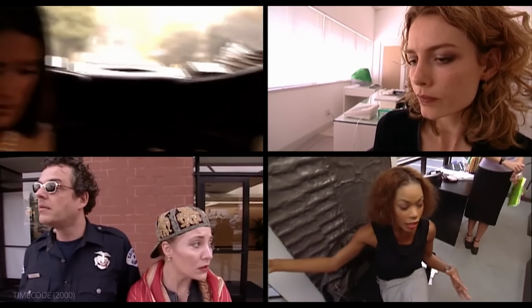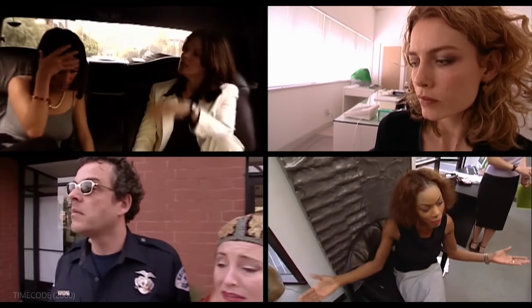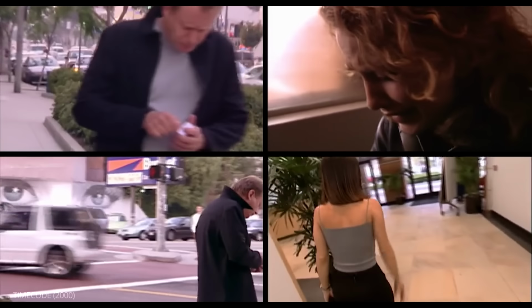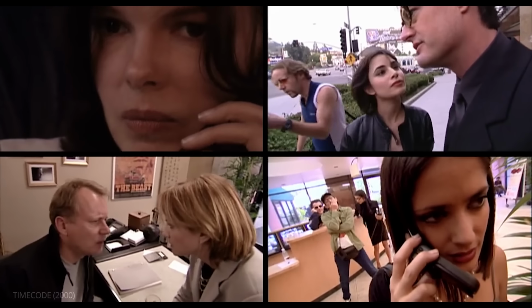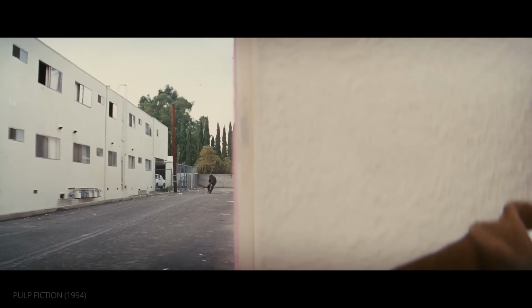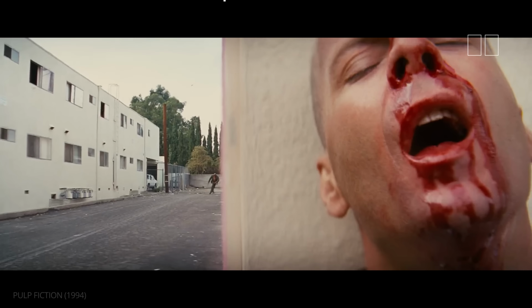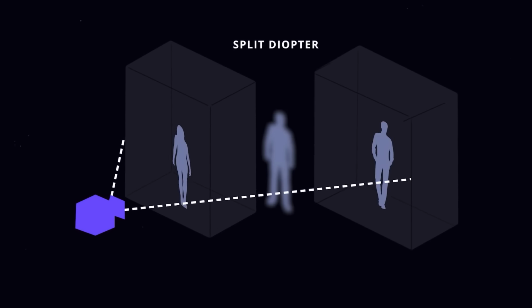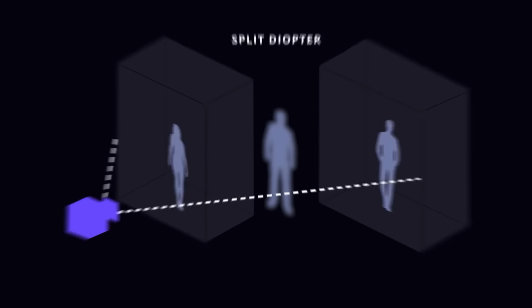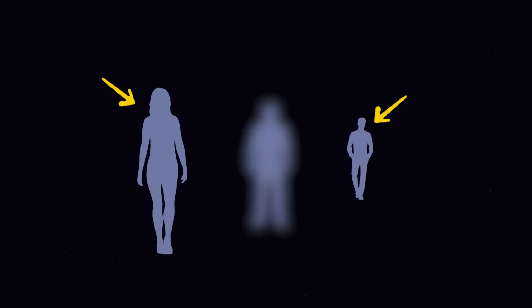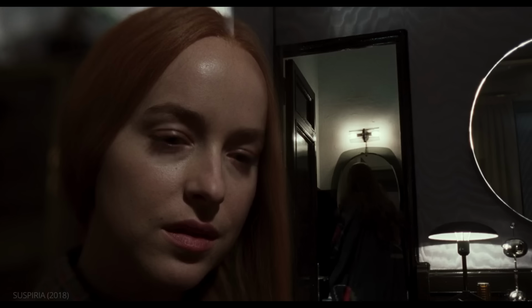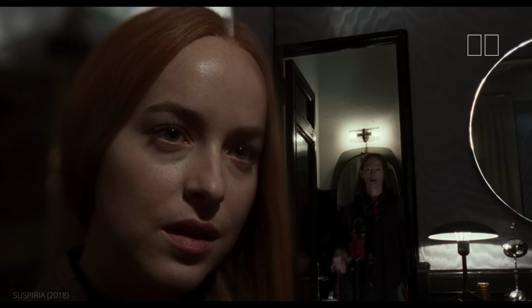This experimental use of split screen emphasizes the multiple distinct storylines occurring at once and encourages the audience to find hidden details in the frames. The use of a split diopter can serve similar purposes to a split screen. Created through lensing that presents different depths of field simultaneously, a split diopter shot can show us multiple planes of action. In the remake of Suspiria, the split diopter allows us to see both action and reaction occurring in the